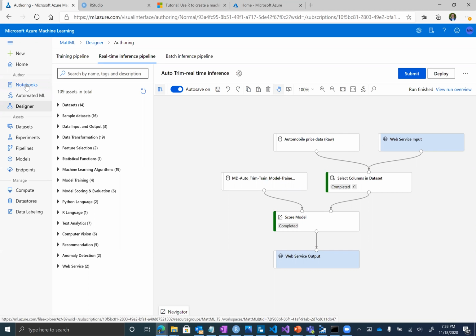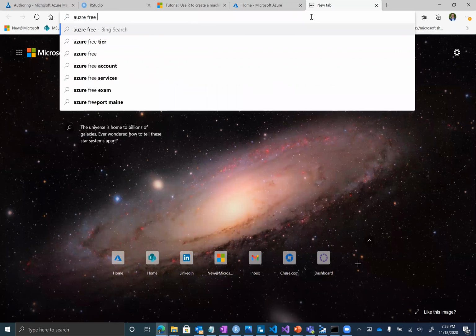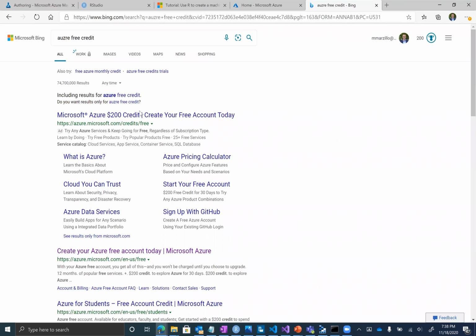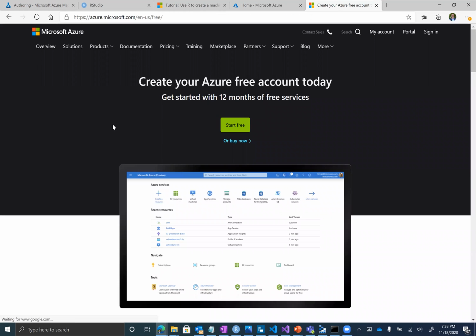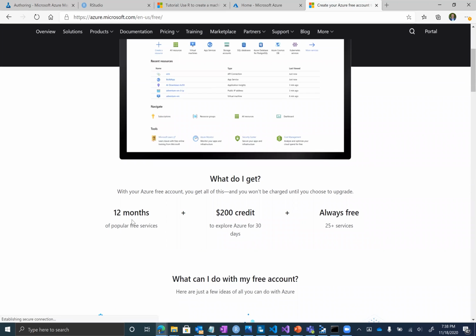Step two is that if you just do a quick, I shouldn't say Google, if you do a Bing search for Azure free credit, I think it's $200 within 30 days that you have to spend, and $200 should get you pretty far in terms of testing some things out. There are certain services that you get for free for 12 months.